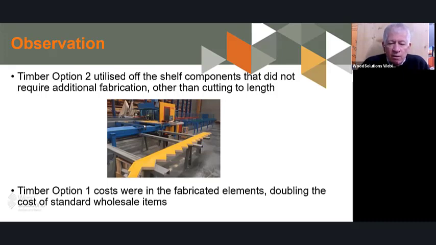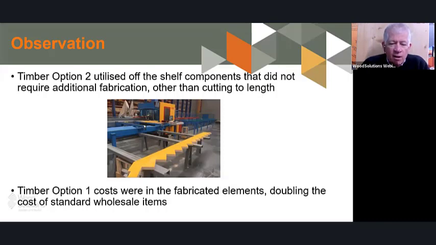Option 1 was the fabricated element, and in effect it was doubling the cost of the standard wholesale item. That's pretty normal if it's the same as the steel one. If you have to remanufacture it and apply some fabrication to it, then it's going to increase the cost. So if you were able to use steel, then just pull them out of the wholesaler's yard, then the similar